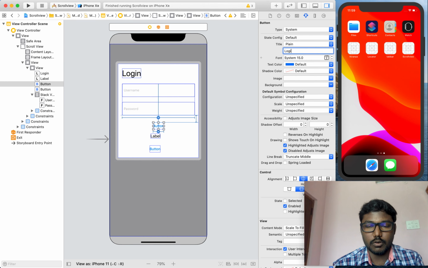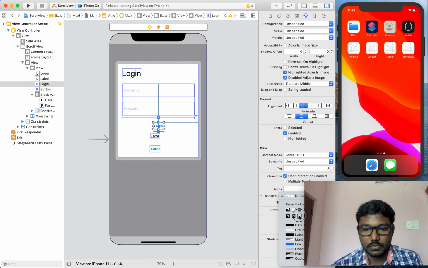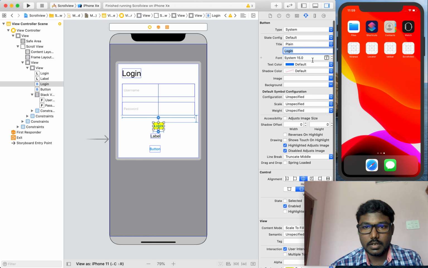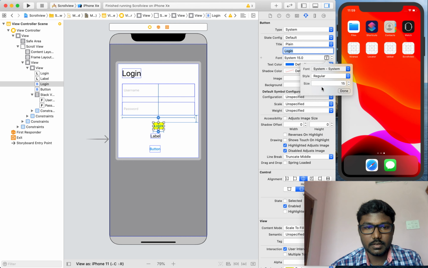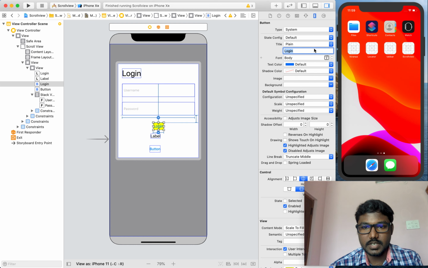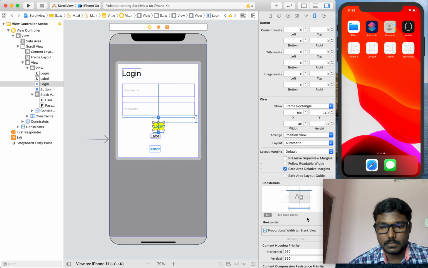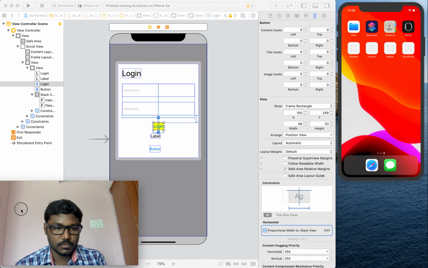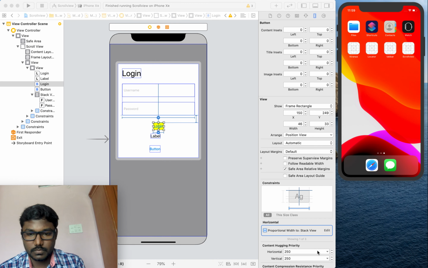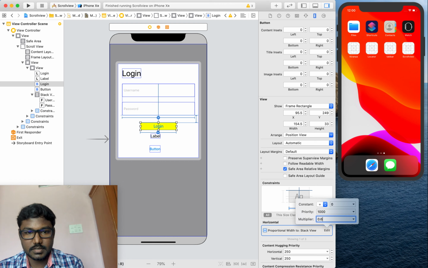Now setting it as Login, and setting some background color like yellow, and setting the font as body. It's enough. We can set the width like 0.5 or else 0.6.